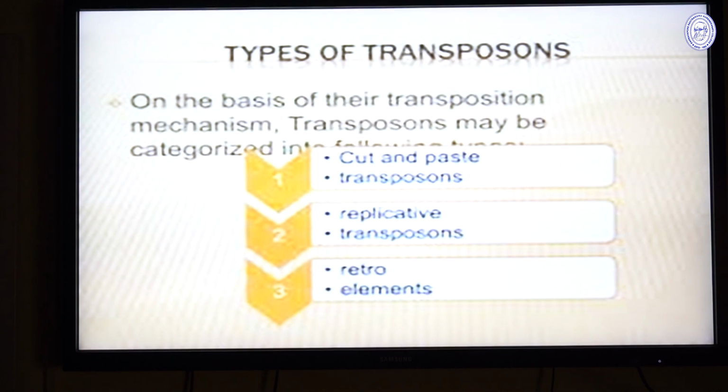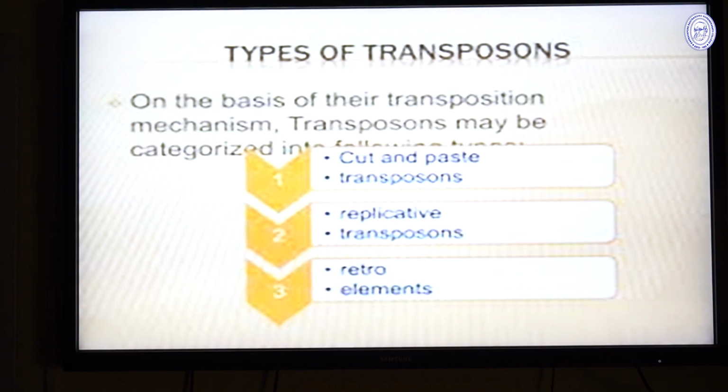Now, basically, before going into the mechanisms, I would just like to mention 2 points. That is, when the transposons are duplicating or replicating themselves, there can be any 2 mechanisms. It can happen that the transposon, when it is cutting off from one side and getting integrated into a new position, might not replicate itself. It might not leave a copy of itself and straight away come out in its original form from the original position and get inserted into any other part of the DNA of either the same genome or a separate genome.